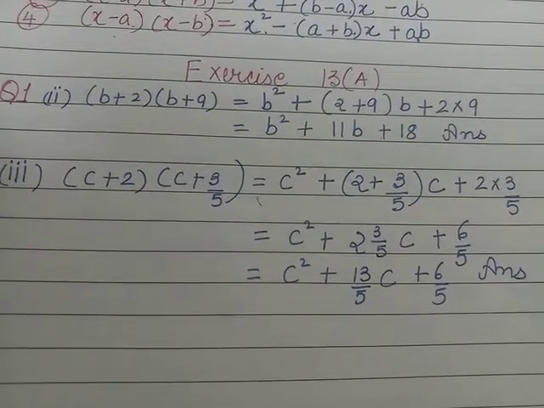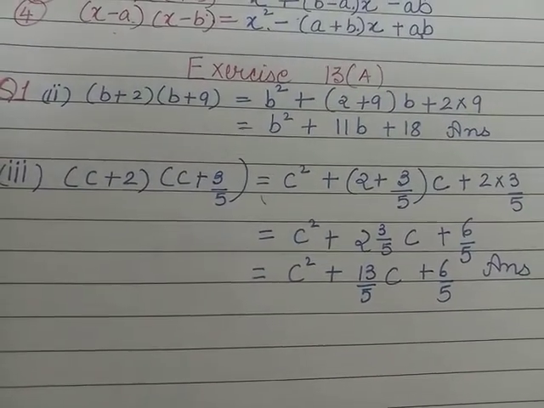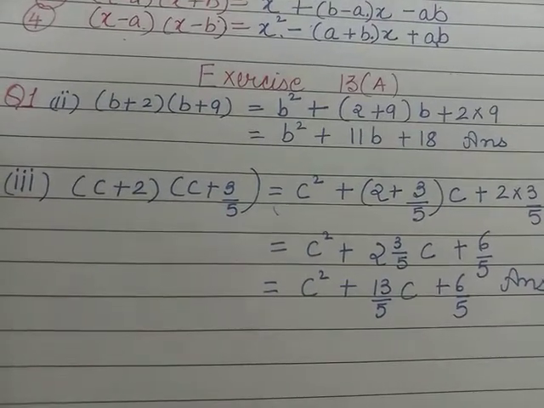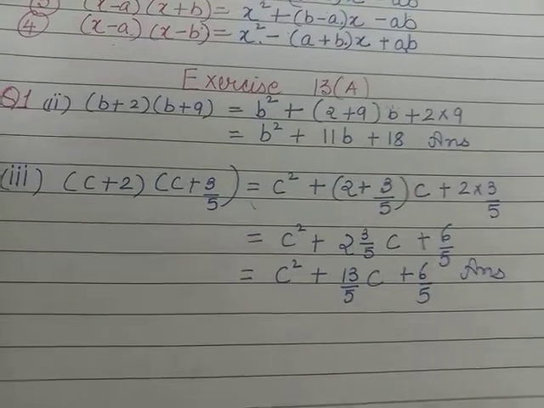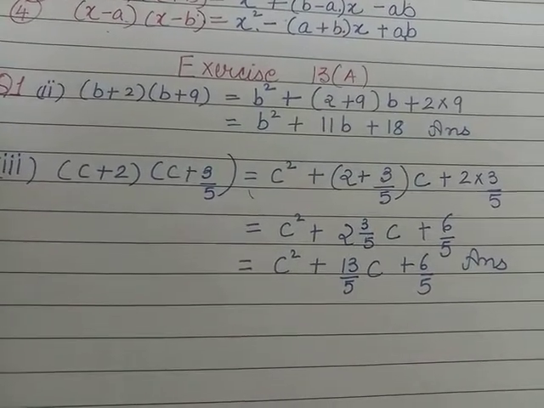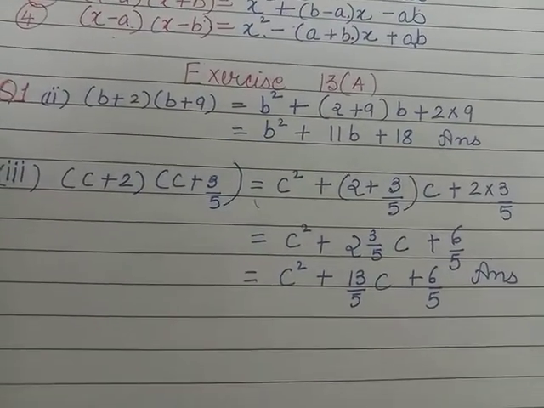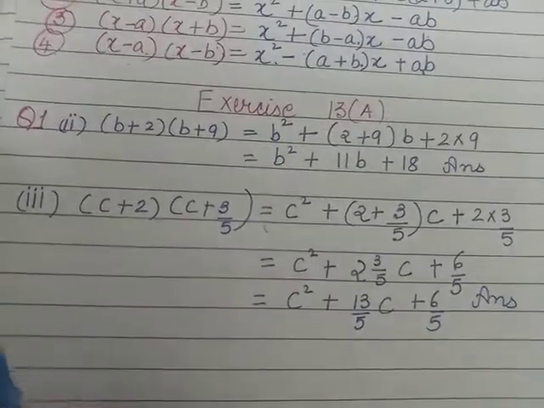Now in fair copy, you are going to do the last two subparts of each question. Question number 1, you are going to do third and fourth part in your fair copy. Similarly, question number 2, third and fourth part in your fair copy. Now I discuss question number 2 with you.